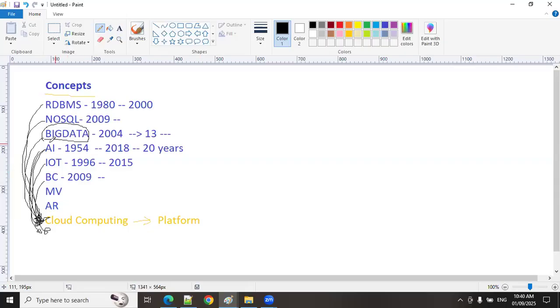Current trending, data. Future, AI, IoT. Maybe if your BTech background is electronics side, you can switch to IoT. IoT is a wonderful future. Python is needed for this, for this, for this. And SQL is required in all the areas. So SQL, Python. You cannot stay in the IT industry without these two. If you want to be in the IT industry, you have to know SQL and Python scripting, until unless you are a back-end developer.